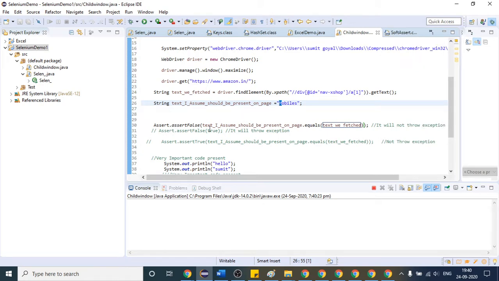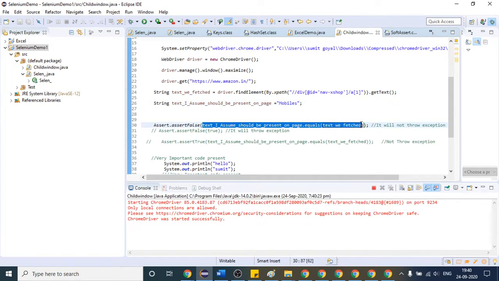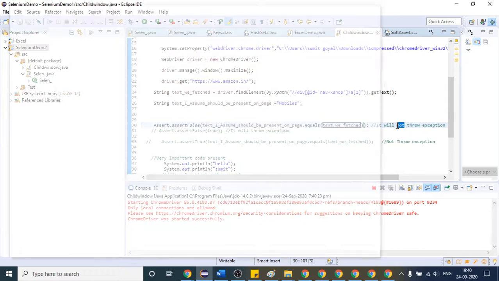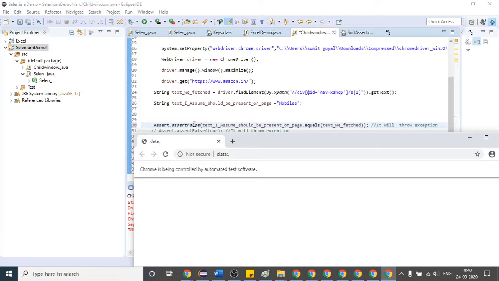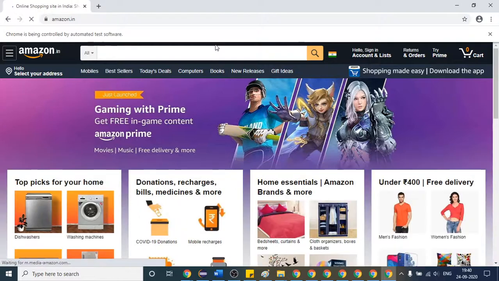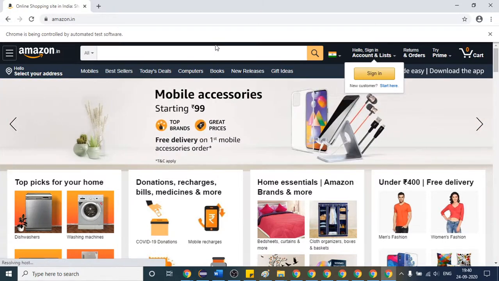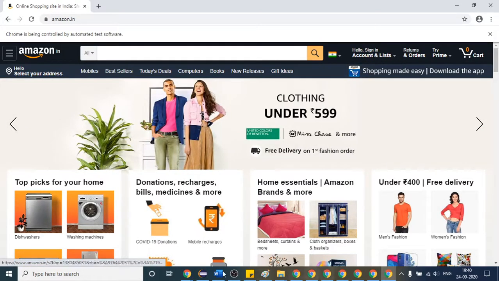This time I think it will throw the exception here because, let me remove not. It will throw the exception here because the condition is true, but we are using false outside, so that will not match. This is the reason it will throw the exception. So I think it has executed.